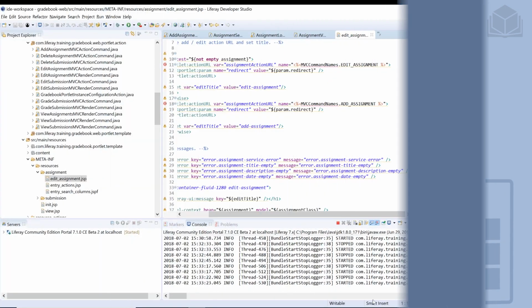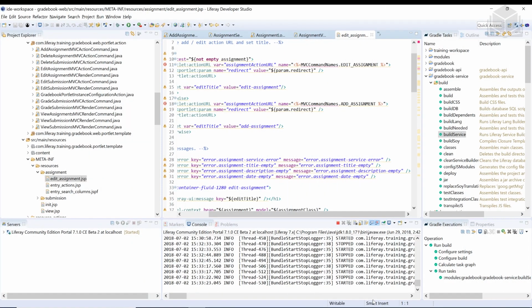Let's go ahead and apply some CSS to our application. While the gradebook app looks pretty good as it is, we can do a little bit more to style it. And while this is more of a front-end developer idea, it's still good to get some of the concepts here so we can make our application look pretty on our own without having to rely